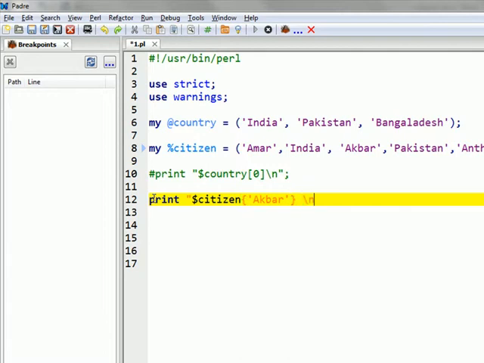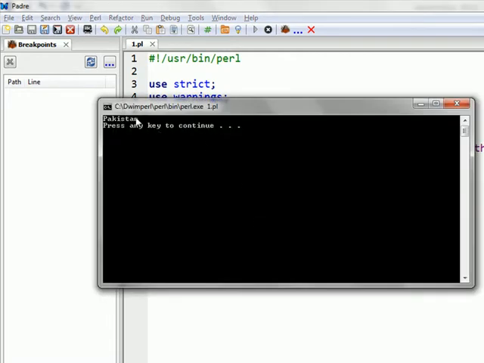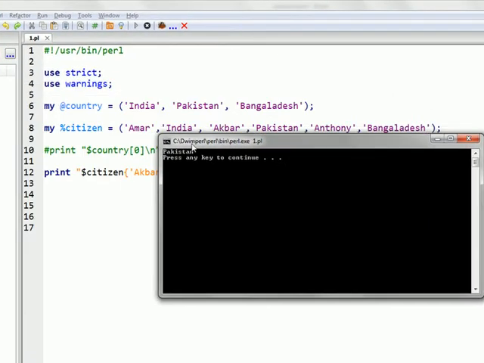Then I give a \n for a new line. I save the file. Now if I print it, what will happen? It will check which value is associated with Akbar. So when I run it, it says Pakistan.